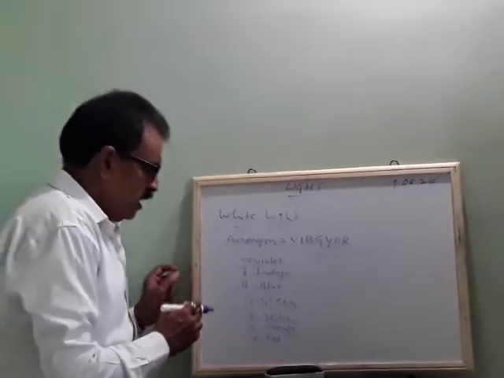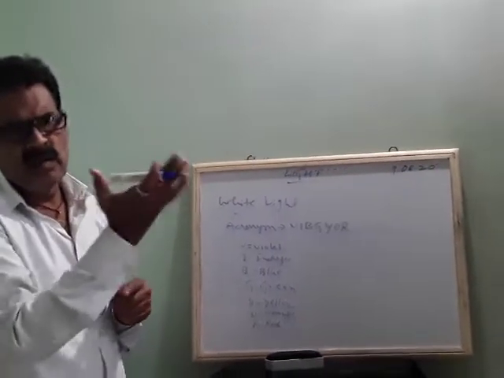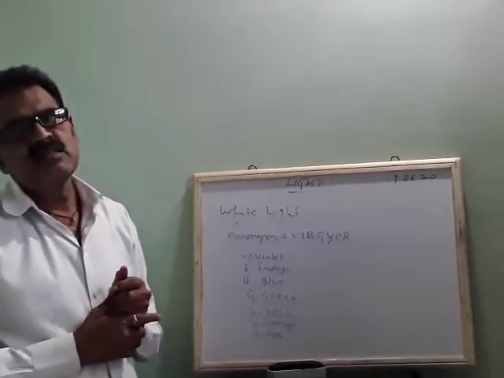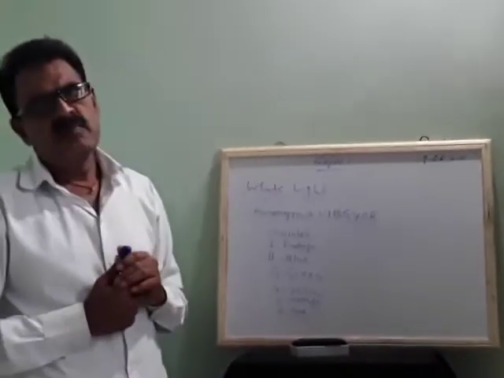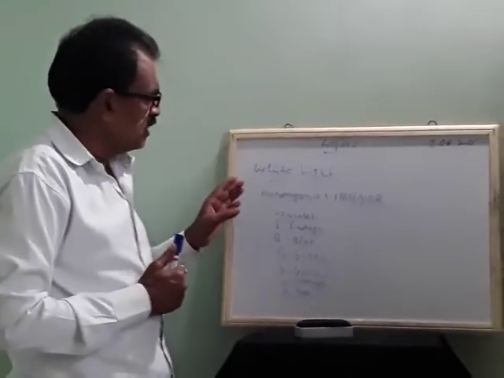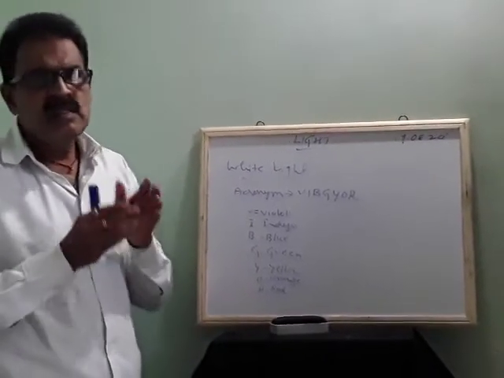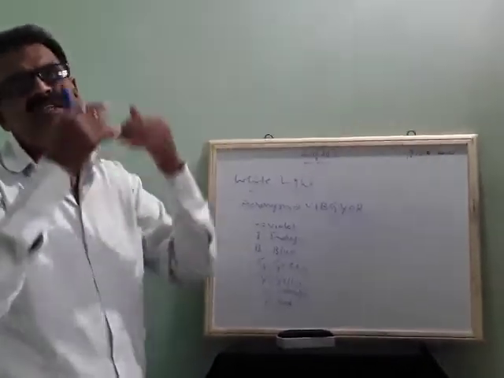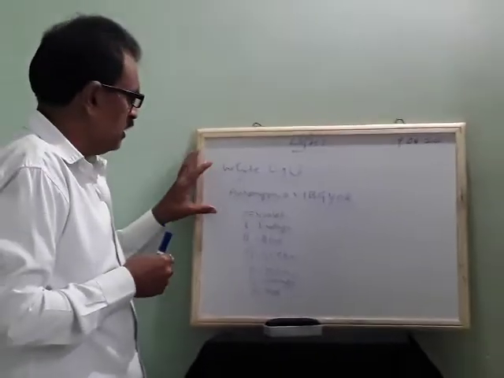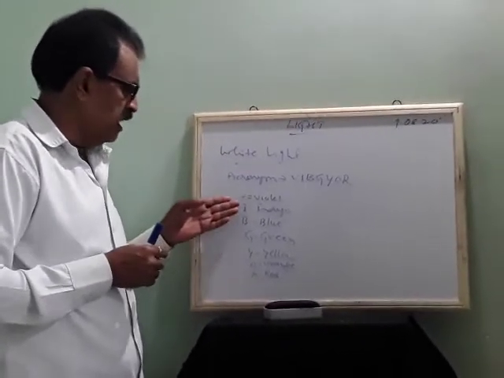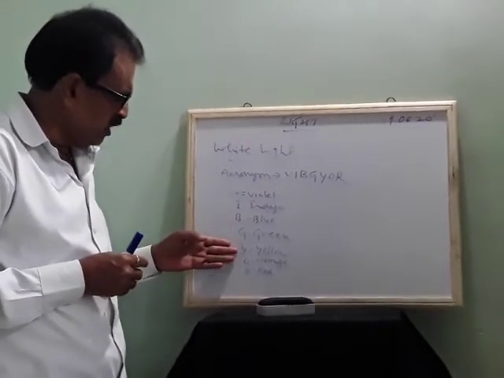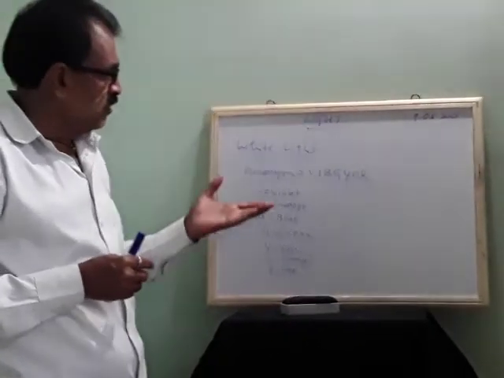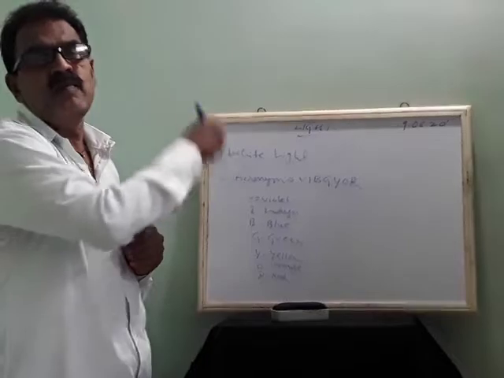And even if you take CDs, nowadays computer CDs are available. If you check there, you see there are 7 colors. Why are they formed? This is actually called scattering of light. The light will spread and show that it contains 7 colors. This is about VIBGYOR, which contains 7 colors. V for violet, I for indigo, B for blue, G for green, Y for yellow, O for orange, and R for red. These are all combinations of colors, and you can get a white color that contains these small colors.